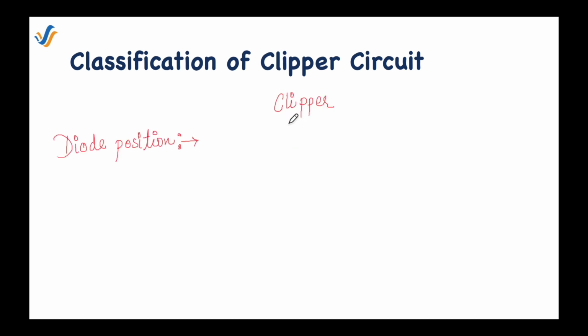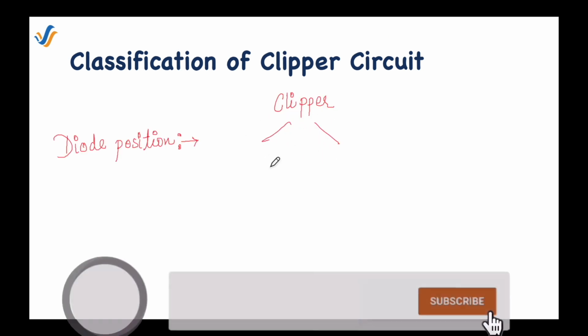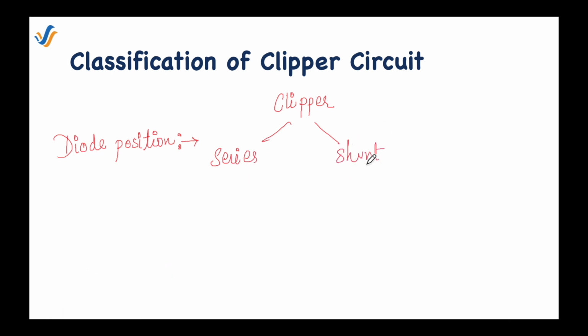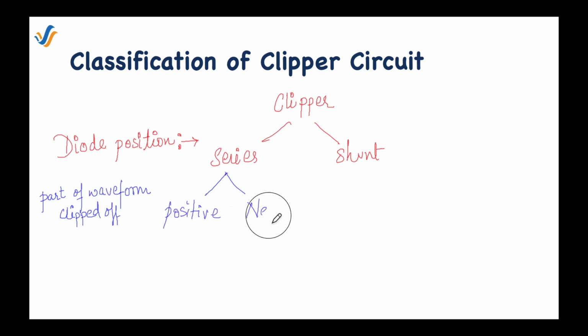Now, first of all, clippers can be of two types depending on the diode position with respect to the input signal. So it is either a series clipper or a shunt, or you can say a parallel clipper. And now these series and shunt clippers can be further classified into two depending on the part of the waveform that is clipped off. So it can be a positive series clipper or a negative series clipper. Similarly, for the shunt, the input waveform is this, and if it is clipping off the positive side of the input